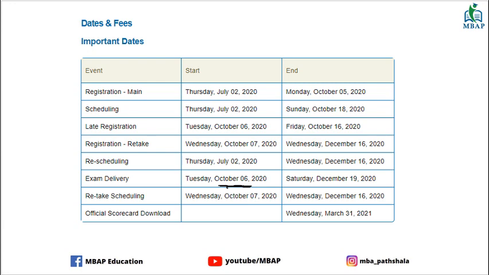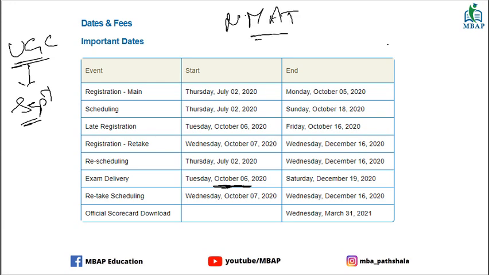Even UGC has given this notification that all the colleges will start from September. The new batch and everything will start from September. So definitely October onwards, things should be fine. And so yes guys, you don't have to take any pressure with regards to what's going to happen with your exams. The exam dates and everything is fine. If NMAT is starting on its regular time, I think you should not expect that CAT is going to be delayed or anything like that. It's not going to happen. So this is what is there with respect to dates.